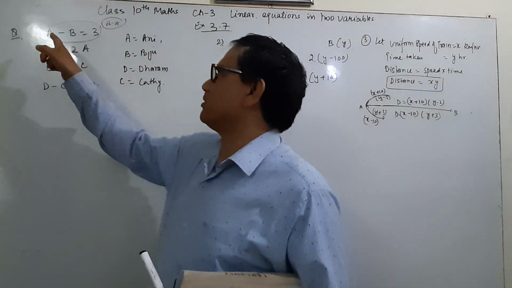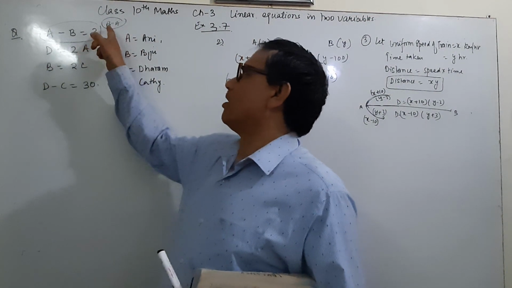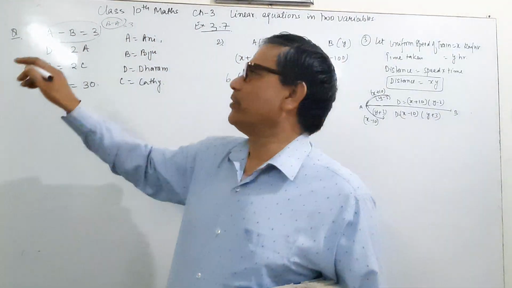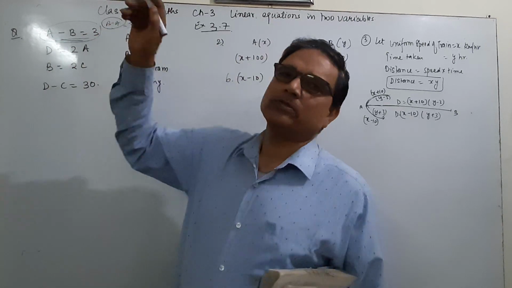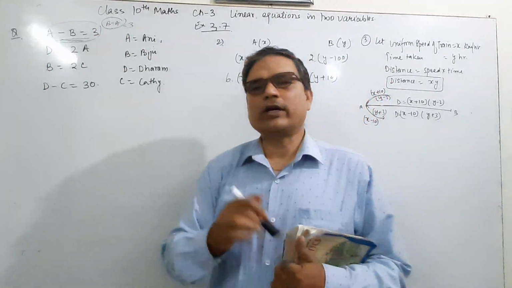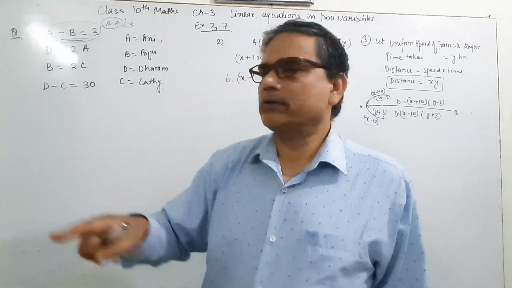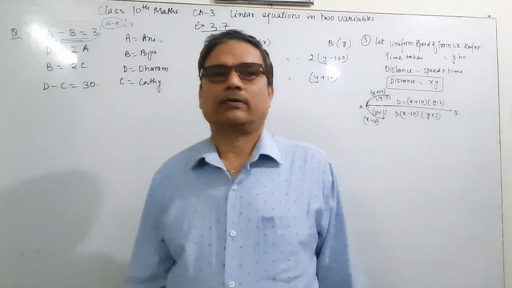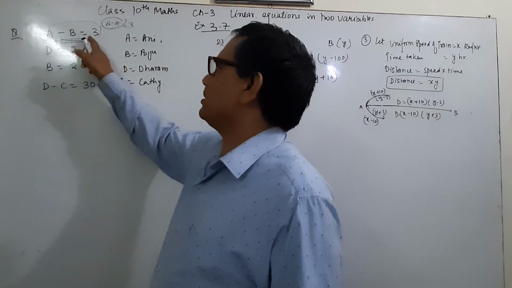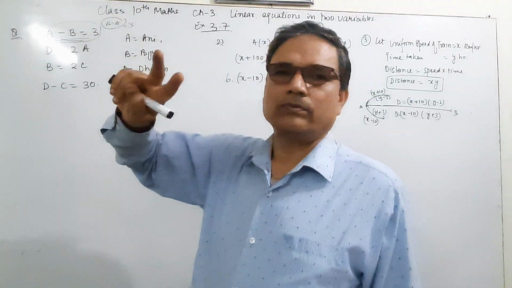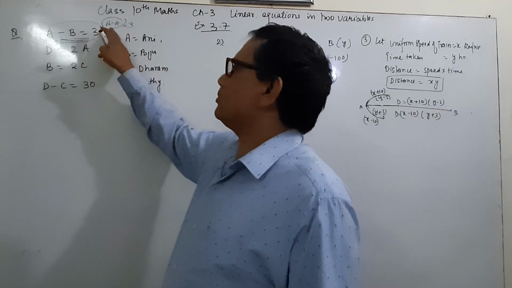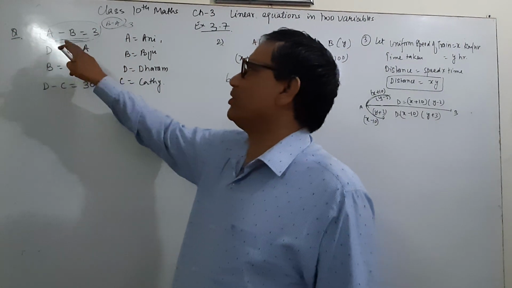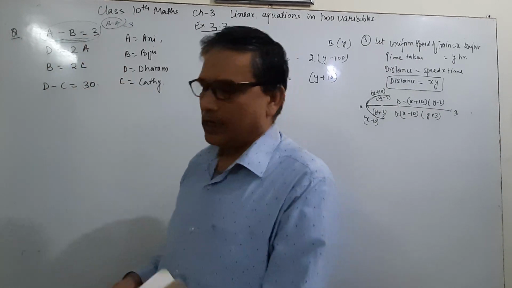The difference of the ages of Ani and Biju is 3. So the age of Ani minus the age of Biju is equal to 3, or we can say the age of Biju minus the age of Ani is also 3. I am solving this way; you can do it by the other condition also. Two conditions are there. If Ani is older, then you have to apply A minus B. If Biju is older, then you have to apply B minus A. We are assuming Ani is older, so A minus B is equal to 3. The difference of the ages of Ani and Biju is 3. And the second condition is